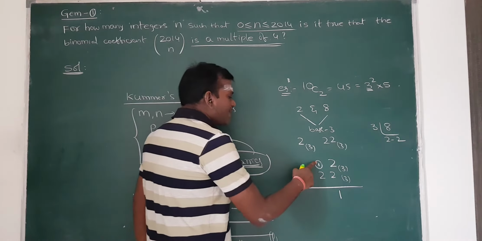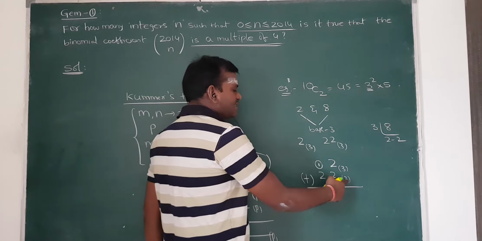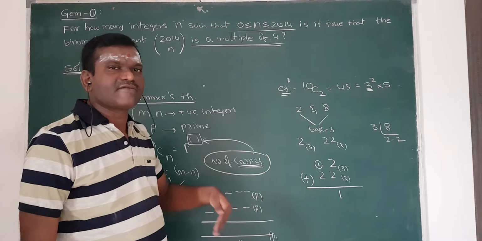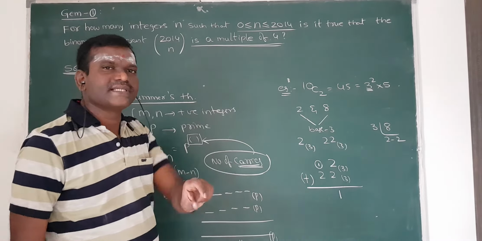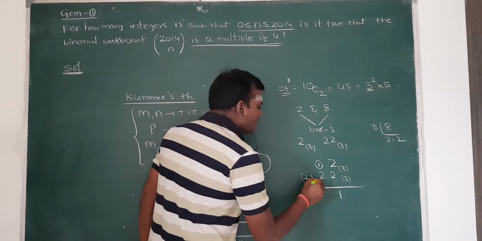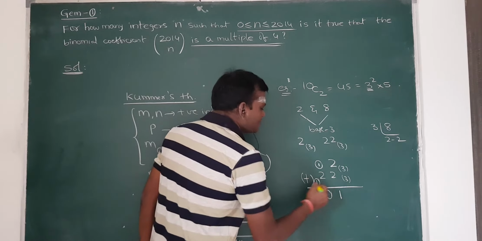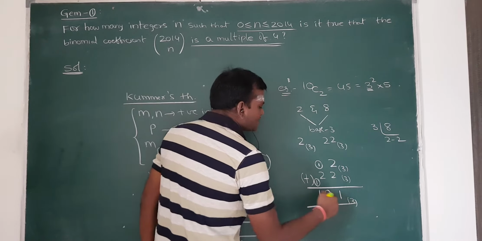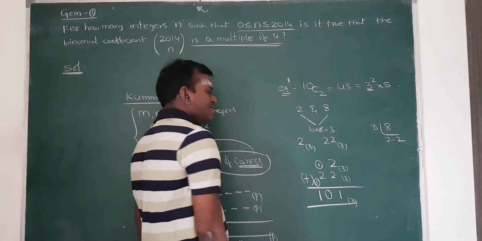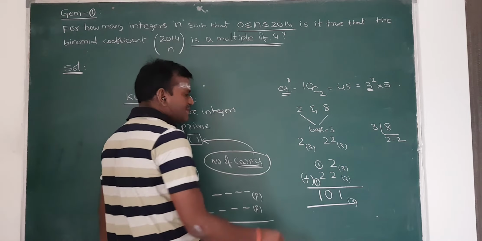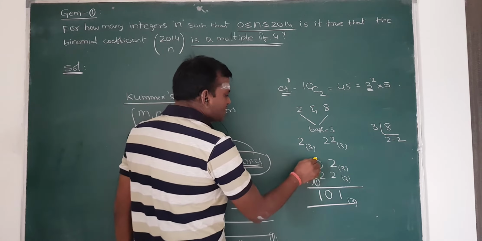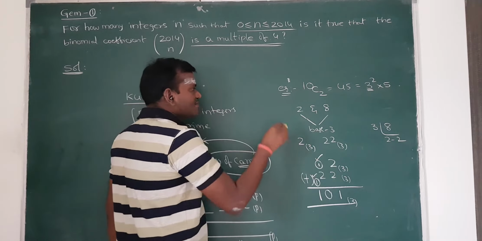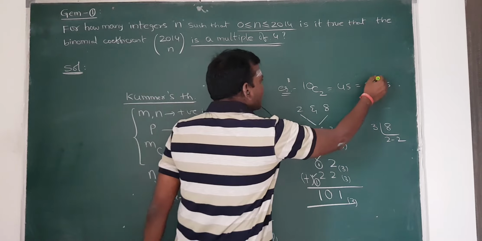Then 1 plus 2, 3. Again 3 is not a digit in base 3 system. So 3 is converted as 10 in base 3 system. So that means 10 here, 1 here and 0. Then 1 is here. This is the addition of these two numbers in base 3 system. So how many times does the number carry here? This one is 1 time and this one is 1. So 2 times it is carried. So that's why 10C2 contains 3 power 2.